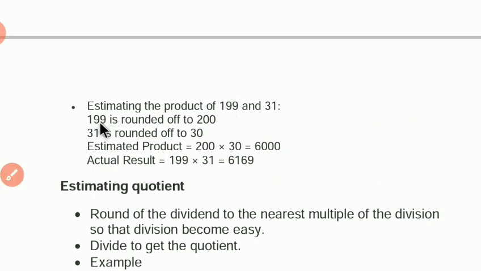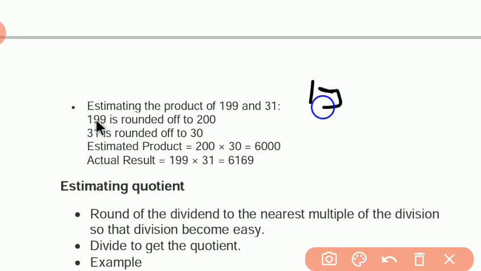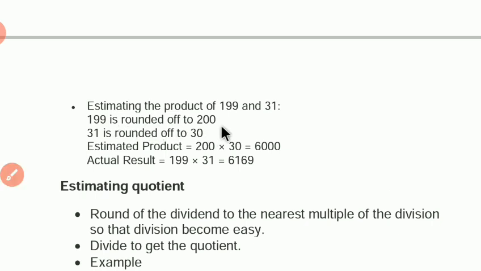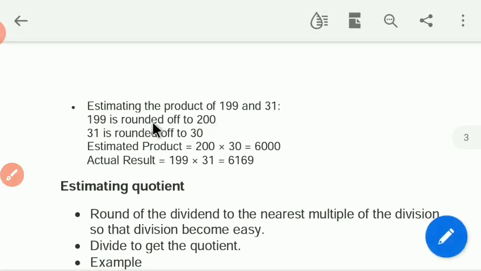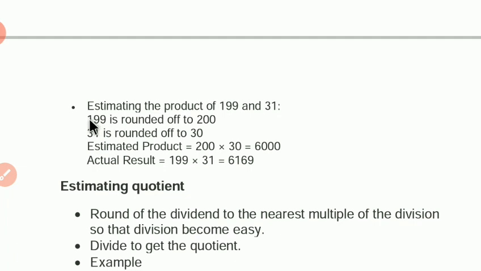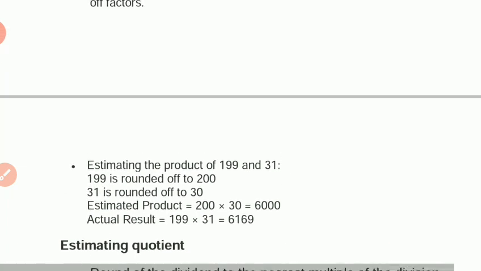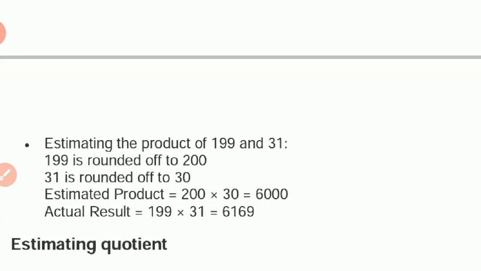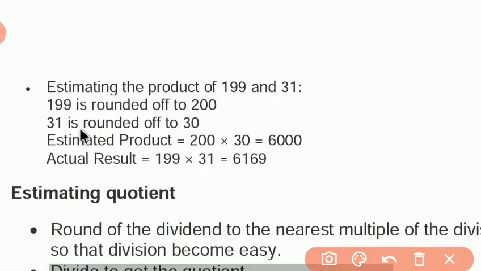So for hundreds, which digit do we have to see? It's the tens digit. Here the tens digit is 9, which is greater than 5. So in place of 99 you have to put 00, and since 9 is greater than 5, you have to increase the 100 place by plus 1. So 1 plus 1, 2. It means 200 is near to 199.